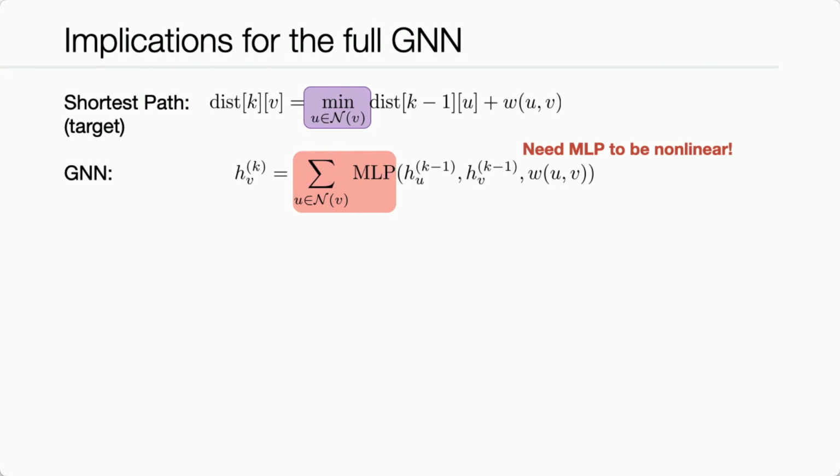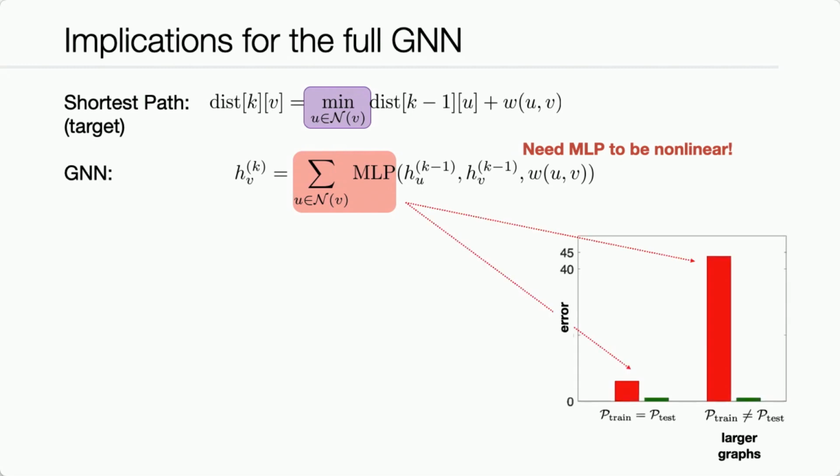That means if the inputs to the MLP are out of distribution, which may happen, for instance, if your degrees are different or the node features are different. And indeed, this is what you see empirically. Here, these two plots show on the left-hand side the error. If the training and test distribution are the same, you get very small error. If the training and test distribution are different, then suddenly you get a much larger error. So it generalizes very well in distribution, but not out of distribution.